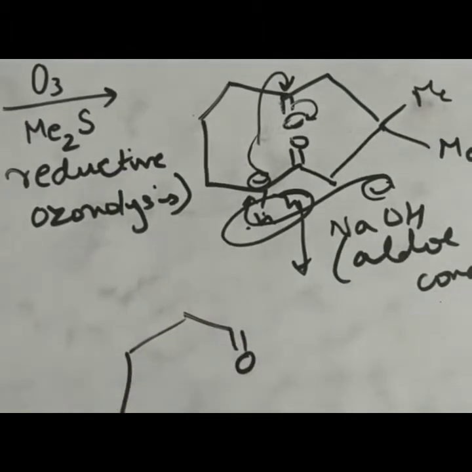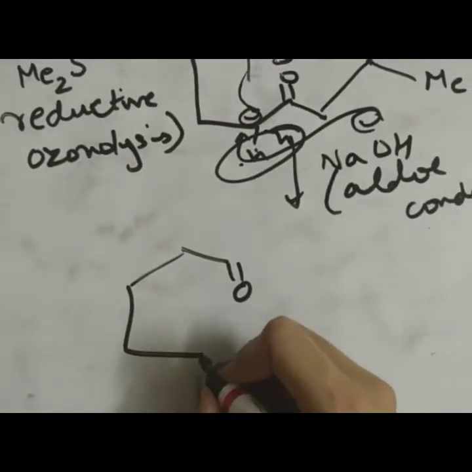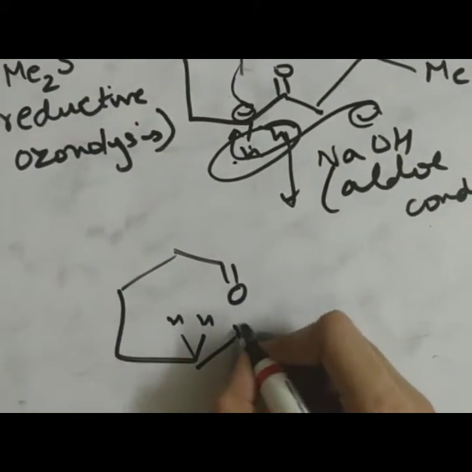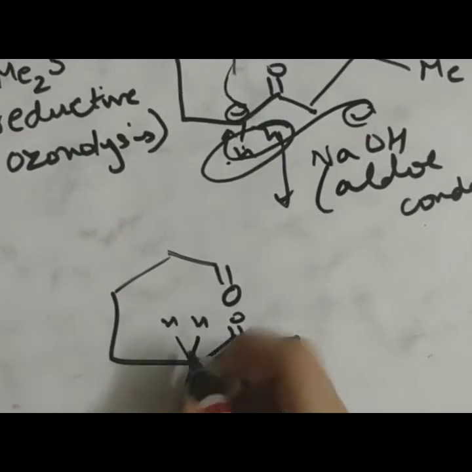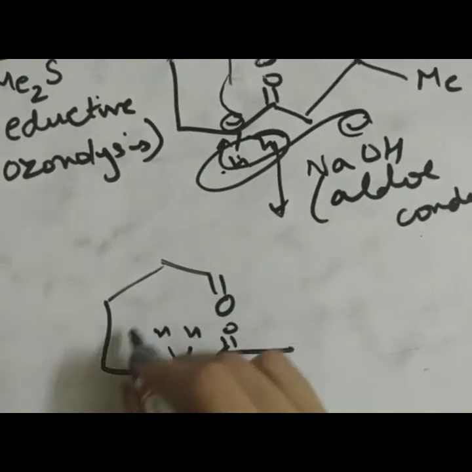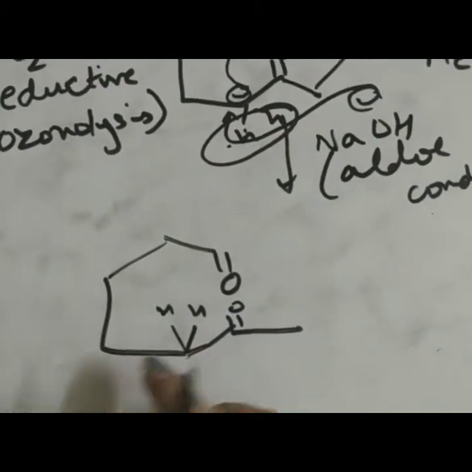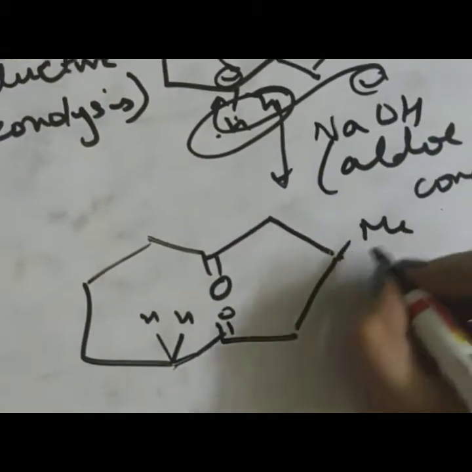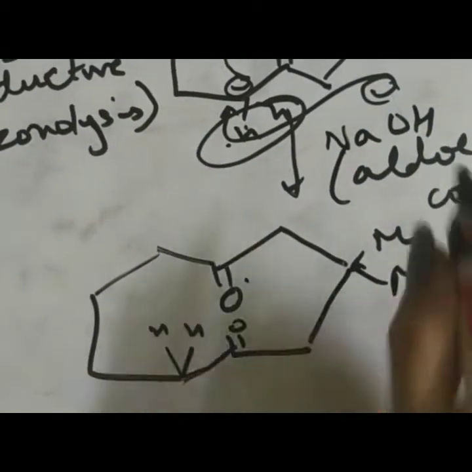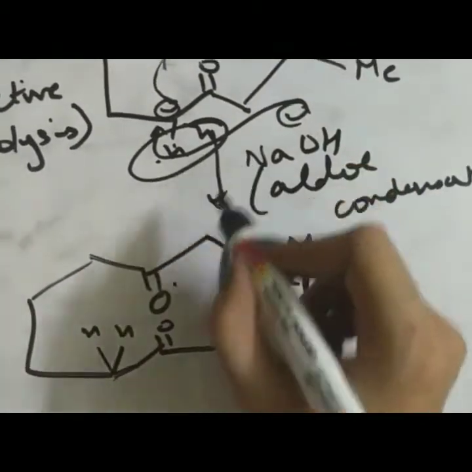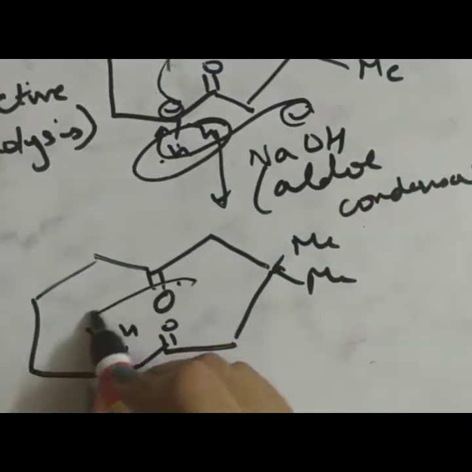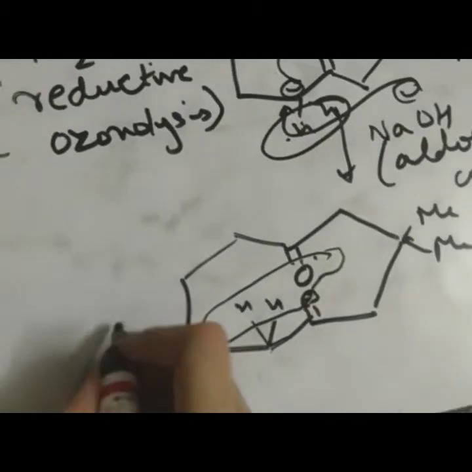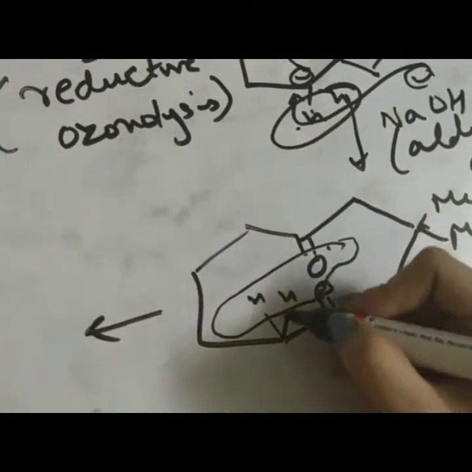So see, let's just say, although it is not the correct way to show hydrogens, I'm just explaining it to you. I am telling you again, this is not the correct way to show hydrogen because this does not seem like a tetrahedral structure. But since I'm just explaining my point, I'm showing it like that. So simply, whenever aldol condensation happens, that means whenever there is a possibility of removal of water, a double bond will be formed between these two.